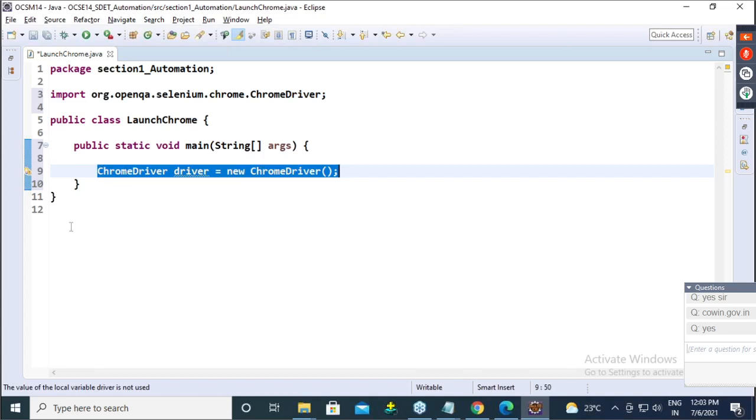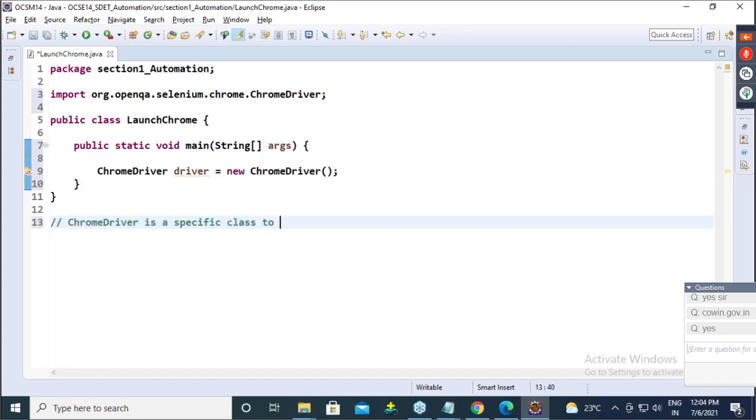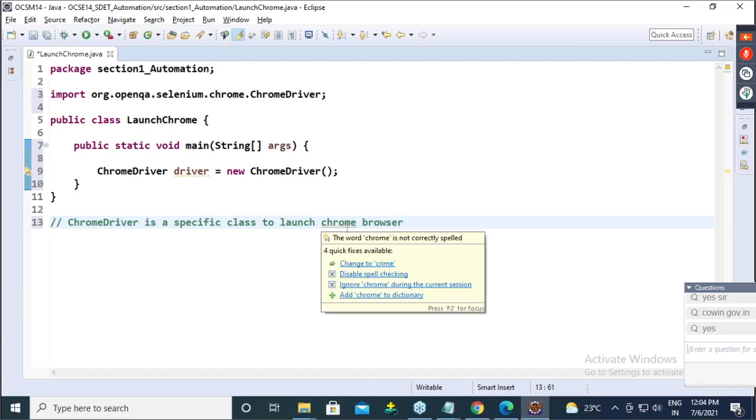So here I will mention it: ChromeDriver is a special class, or a specific class, to launch the Chrome browser.